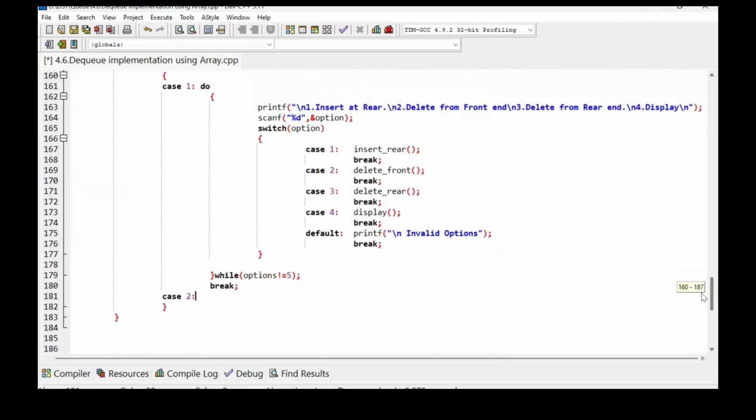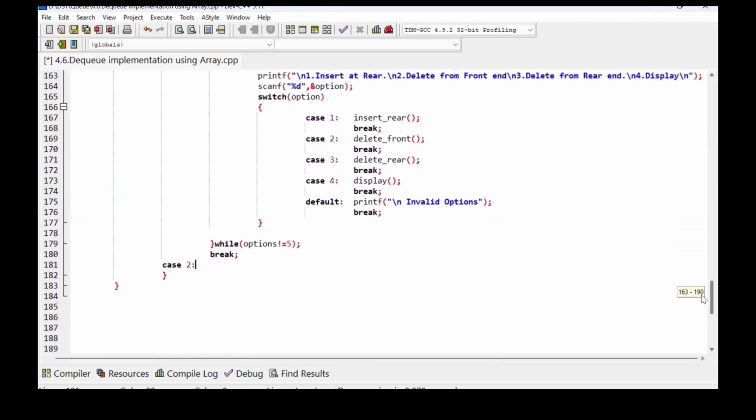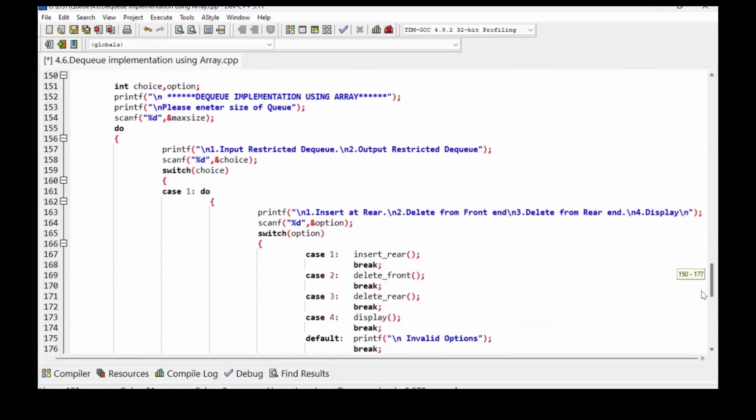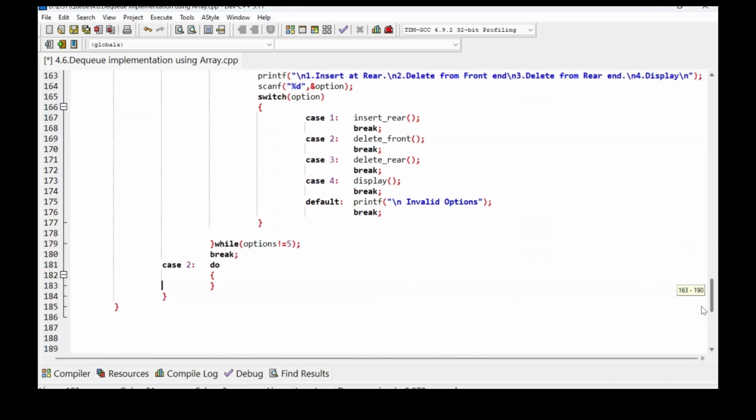So this is our case 1 is over. Now we have to go to case 2. Here in case 2, what happened? We have to again go for do while. Reason is that case 2 is for the output restricted DQ. Output restricted means deletion is one side, insertion from front end as well as the rear is possible. So that's why we have to